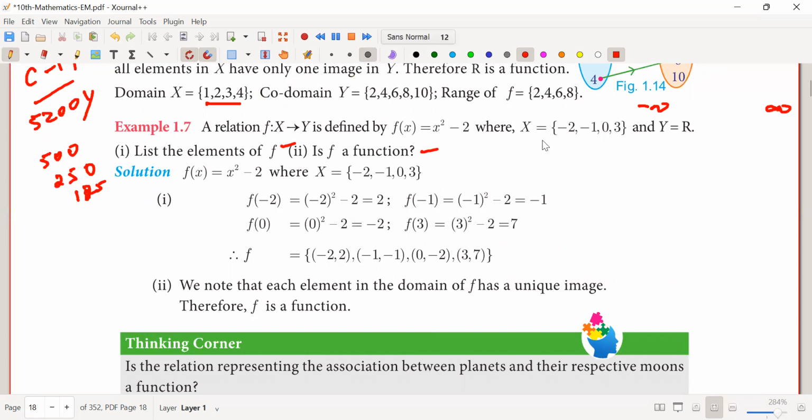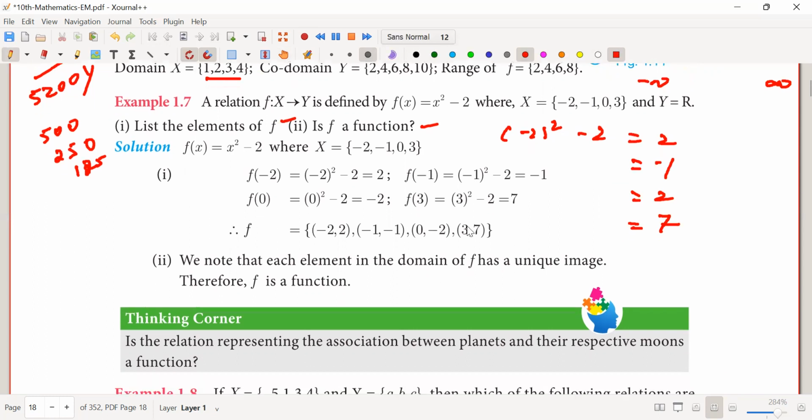That's what they are asking. x squared minus 2 whole square minus 2: 4 minus 2, 2. Then applying minus 1, minus 1 squared is 1, 1 minus 2 is minus 1. 0 is minus 2. 3: 9 minus 2, 7. So the pairs are minus 2 comma minus 2 comma 2, minus 1 comma minus 1, 0 comma 2,